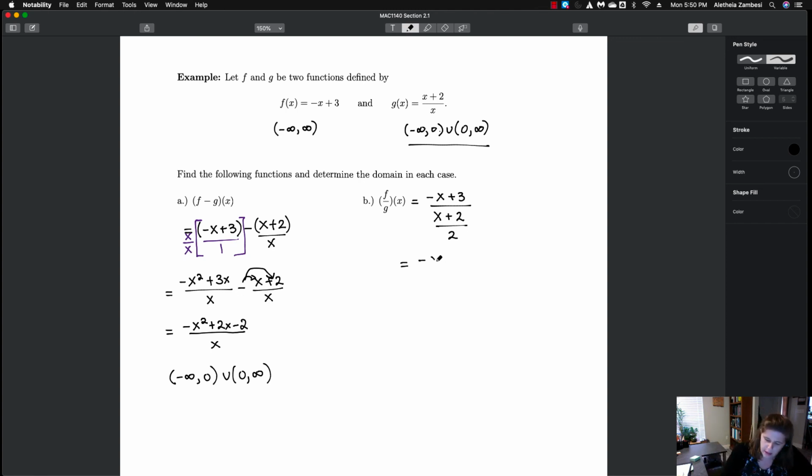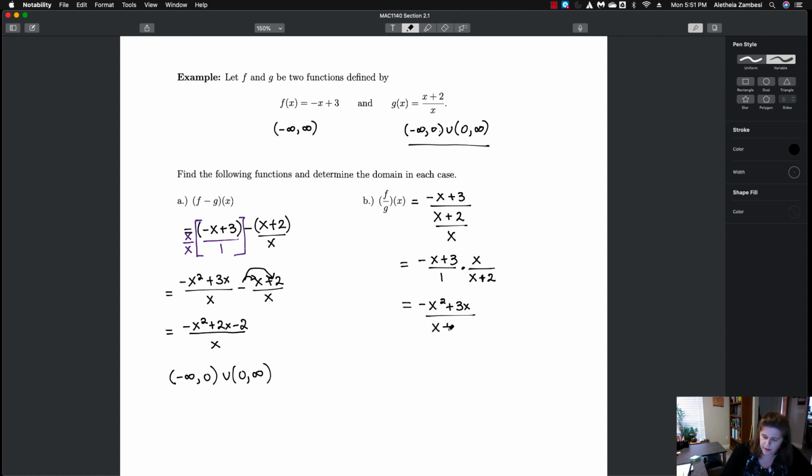So we have negative x plus 3 on the top. It's really over 1. And I'm going to flip this and multiply. And this is really an x, not a 2. I'm going to flip this other one and multiply. So on the top, I have x. On the bottom, x plus 2. Multiplying through, negative x squared plus 3x